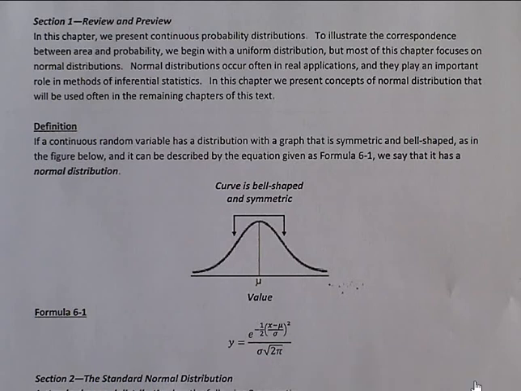Okay, in this chapter, we're going to take the information on probability distributions that we worked with in the last chapter and take it a step further. I'm just going to read what it says up there in that section 1 comment because I think it's kind of important. In this chapter, we present continuous probability distributions, meaning that in the previous chapter, the binomial